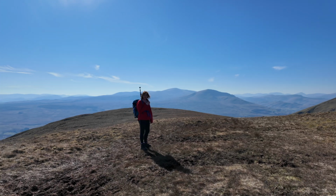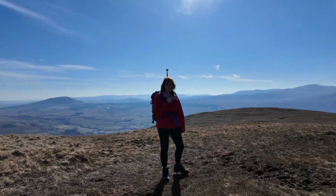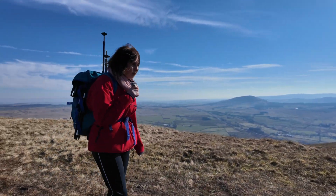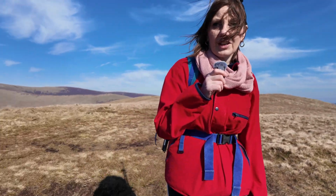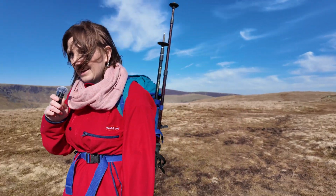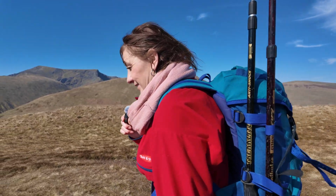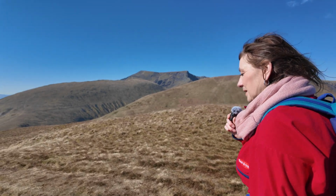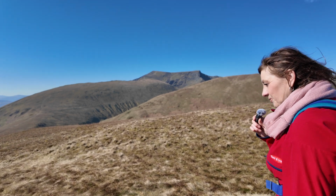Okay, so we're marching across the top of Souther Fell. This is where in 1745 a spectral army was seen marching its way from left to right, and then when it got to the end turned around and did it again. 1745 was the year of the Jacobite rebellion, so perhaps people had in their minds the idea of an invading army, who knows. So yes, that's the story of Souther Fell and its